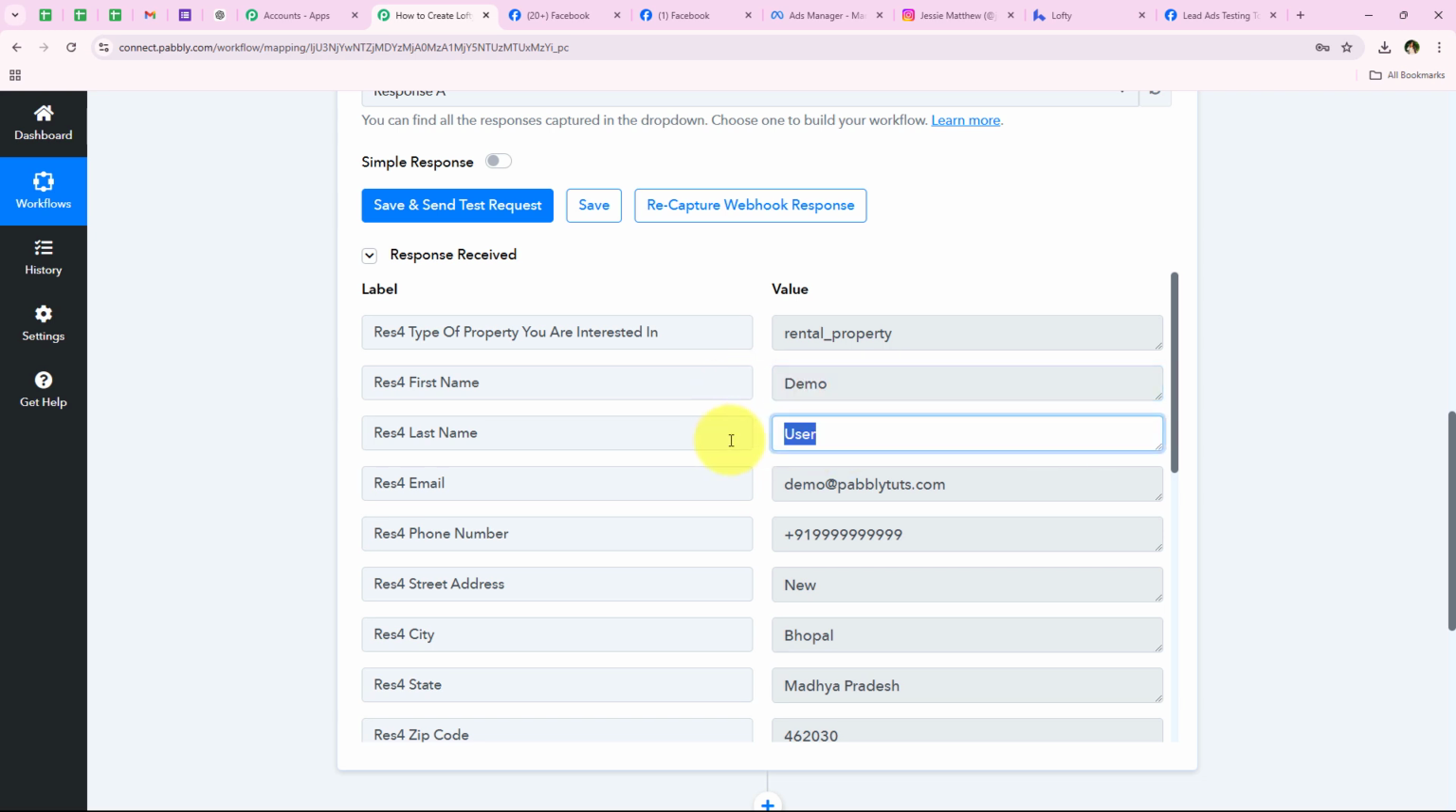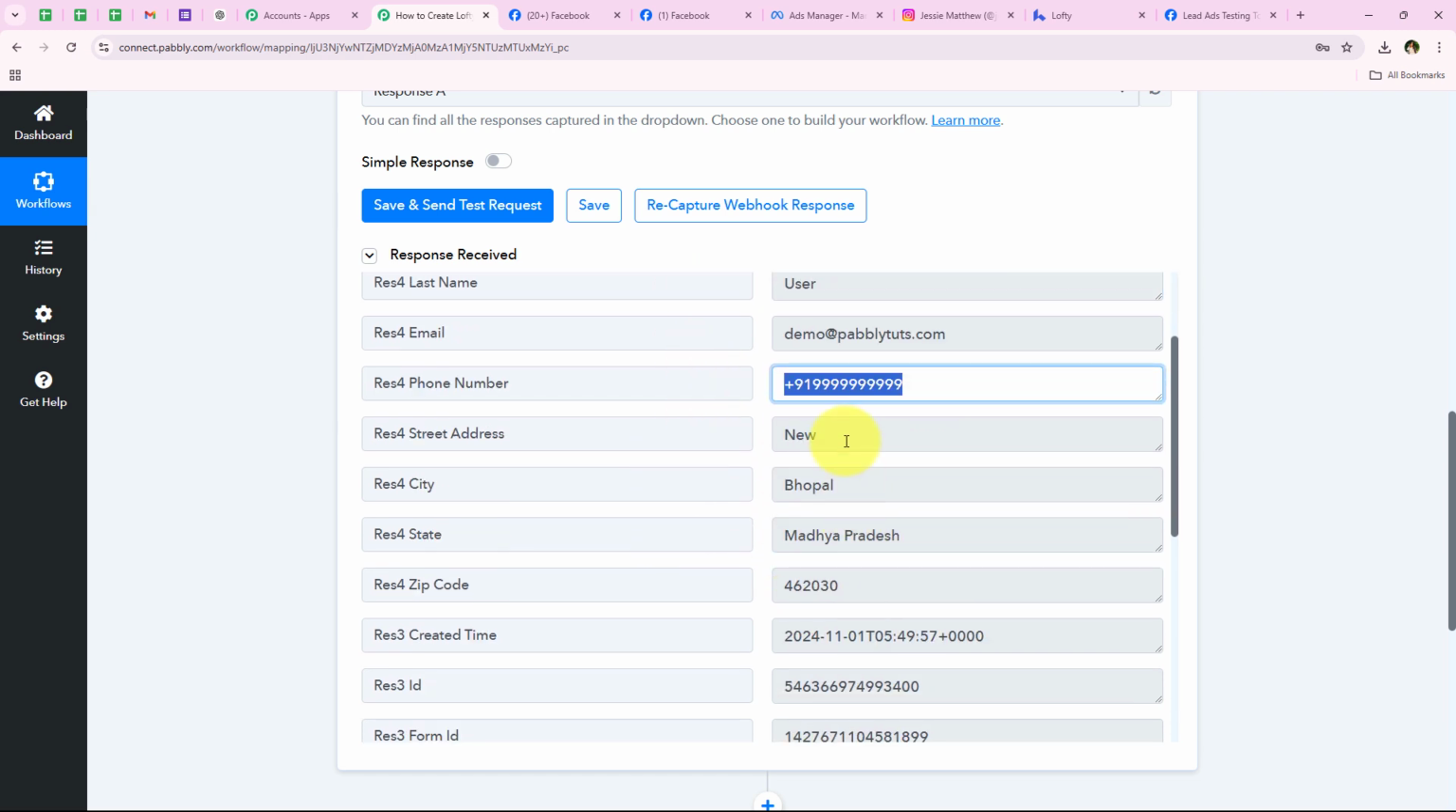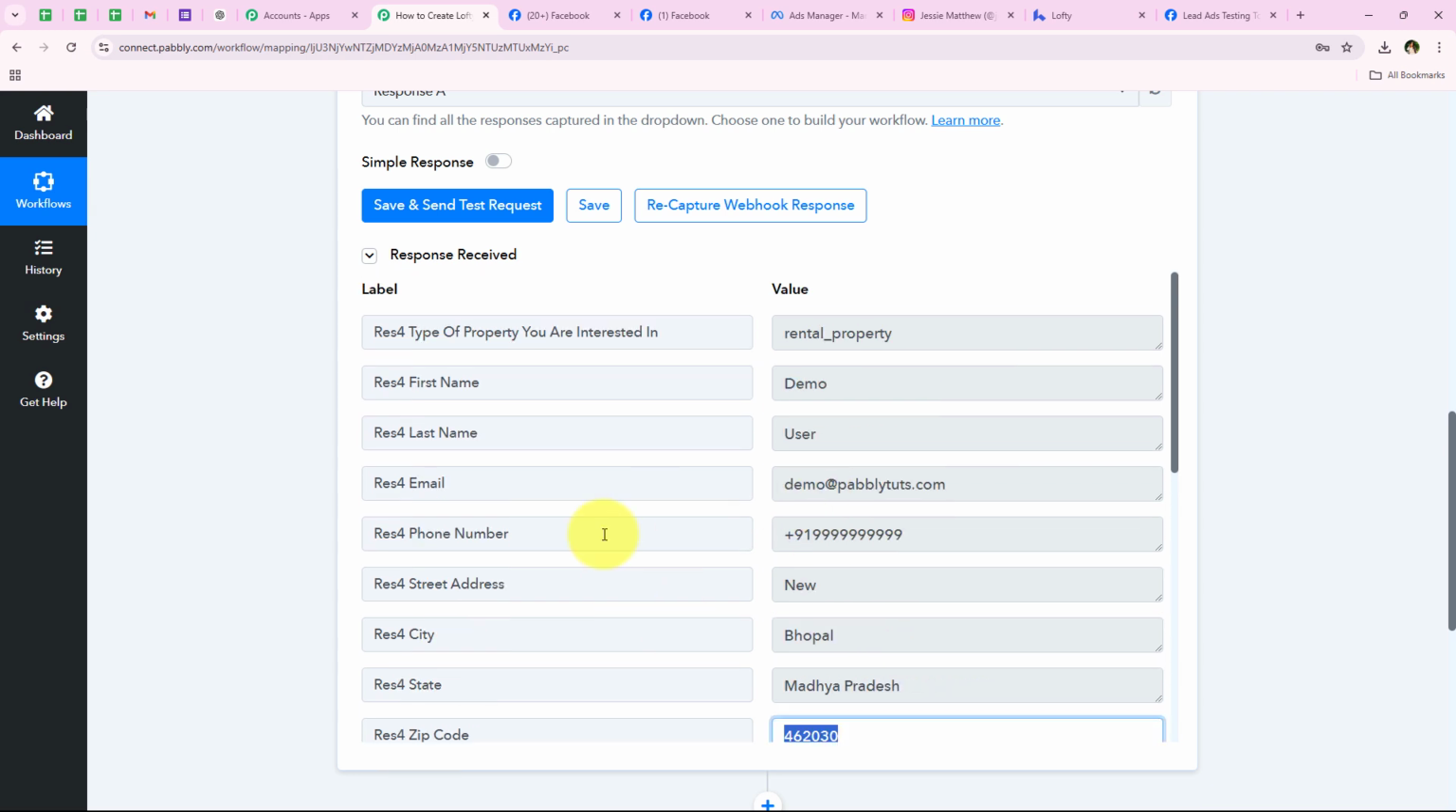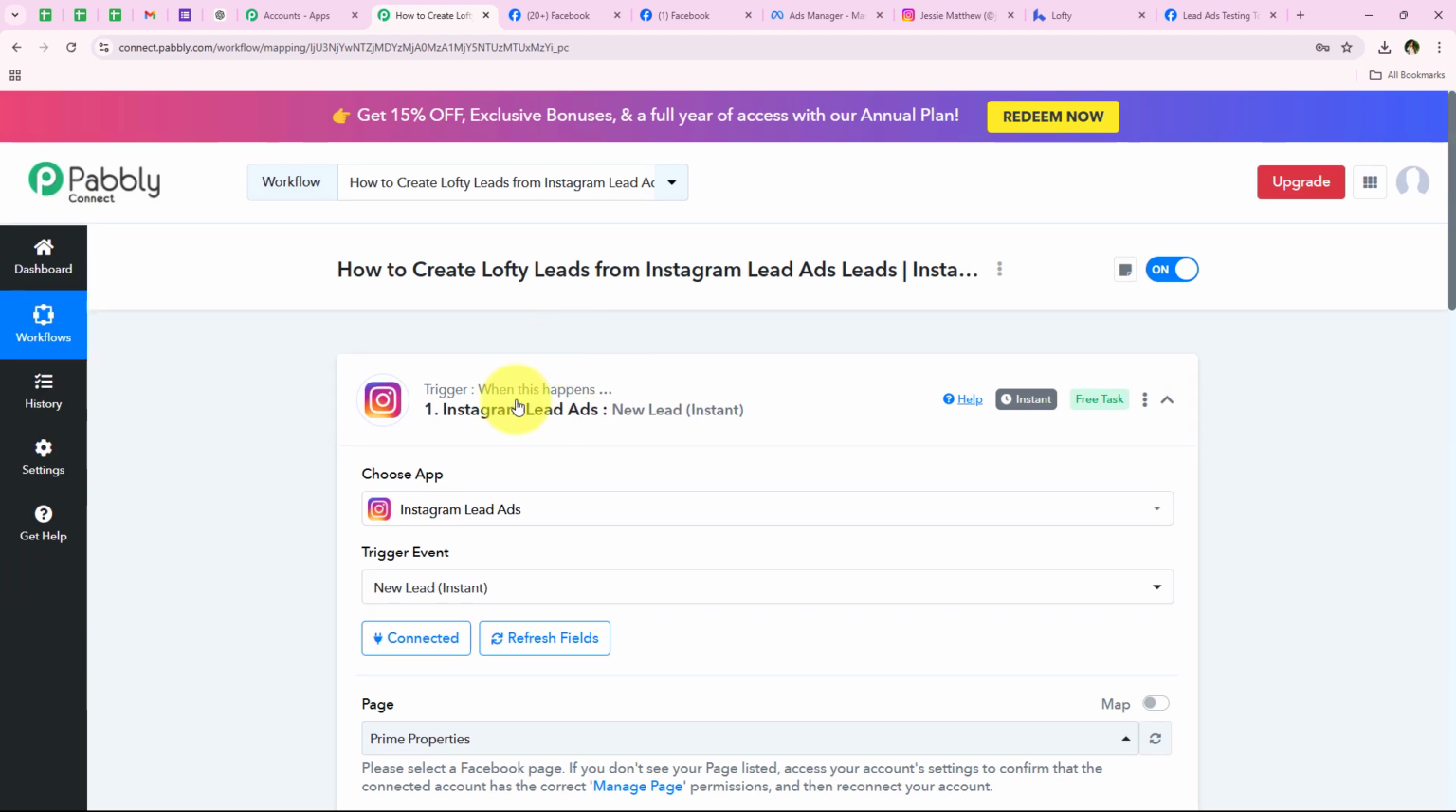You can see the first name, the last name, the email. Over here you can see the type of property you are interested in. Over here you can see the phone number, the street address, the city, state, zip code. So yes, you can see all the details which we entered in our test submission, right? So as soon as we get all of these details, with this we have successfully completed our trigger